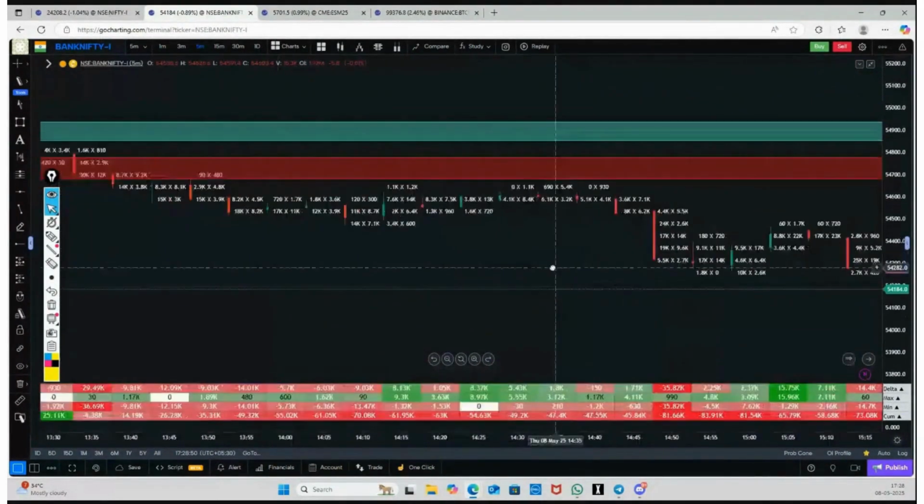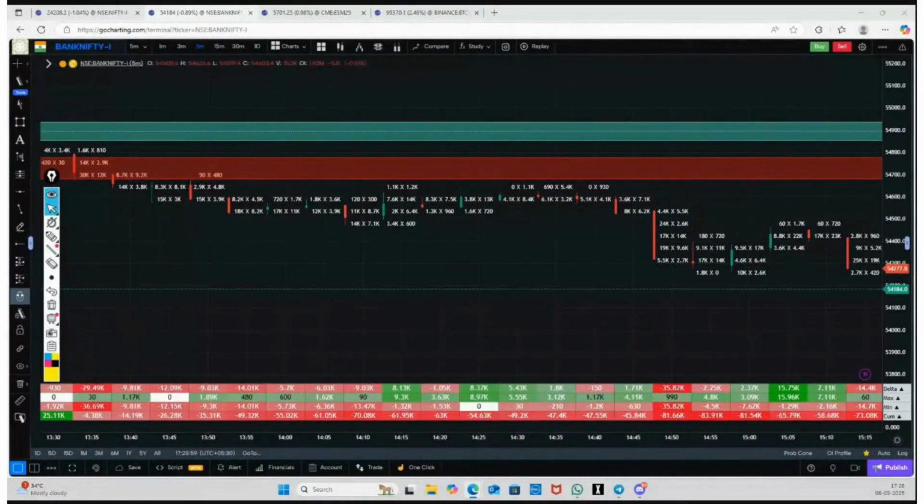Okay, the same with Bank Nifty. Nifty was the same. Initially, some buying absorption was observed. Then some aggressive sellers stepped in. Currently, like any